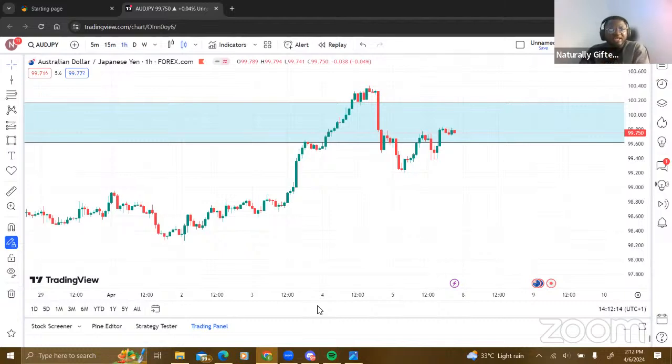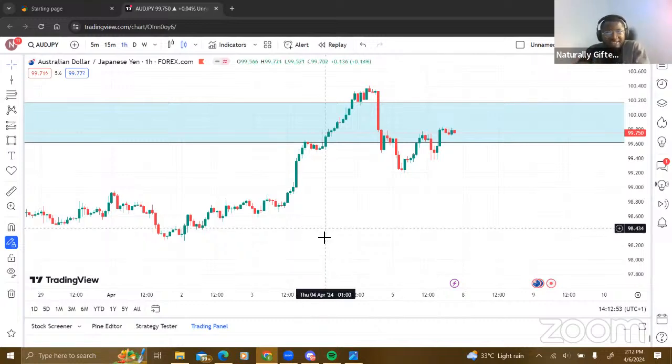And let me also share this. This applies to every instrument in the foreign exchange market. It applies to cryptos, it applies to indices, it applies to commodities, it applies to exotics, it applies to volatility indexes. It's the same thing. So whether you are trading gold, or you're trading US 30, or you're trading NAS 100, or you're trading S&P 500, or you're trading metals, it's the same thing.